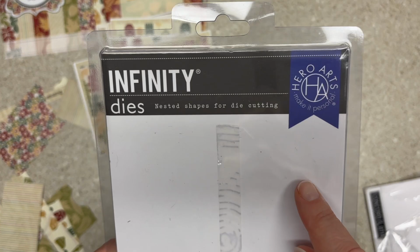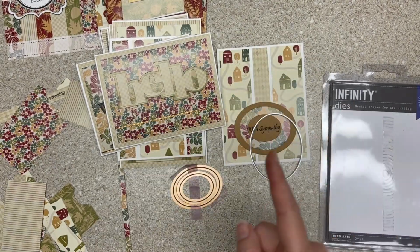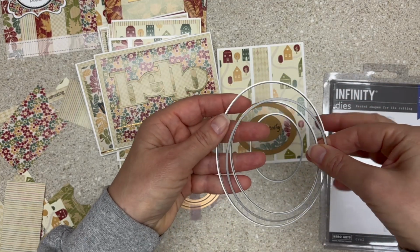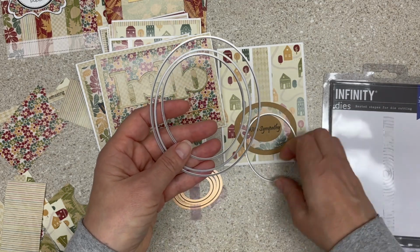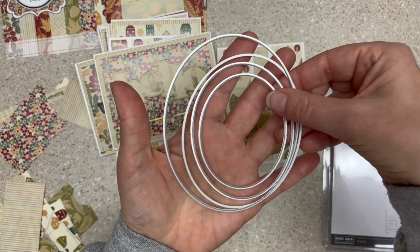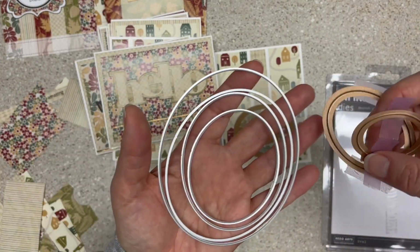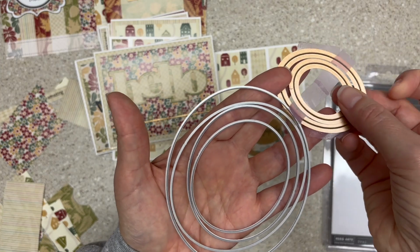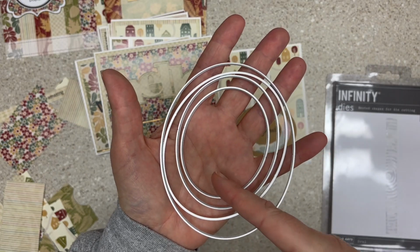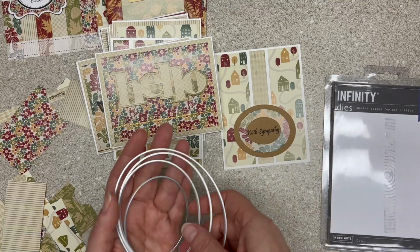I would buy the Hero Arts Infinity die set, and I'll tell you why. There's a million of them, and they lay really close together. It's very hard for me to show you because my friend Zelda also likes Infinity dies. But if I had all the sizes, you would see that when these go on the magnet, it's almost solid. They're so close together. So what you don't want is, if you buy a set of nesting dies, you don't want them to have really wide borders. Maybe this is spellbinders, or big spaces between them. You actually want them to nest, and you want them to be tight so that you can adapt to any